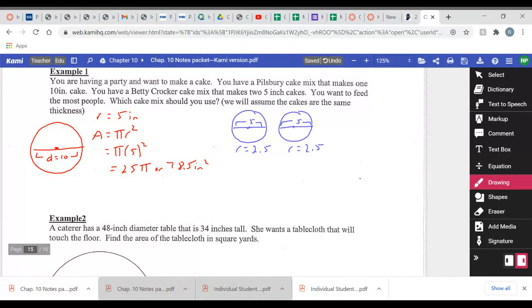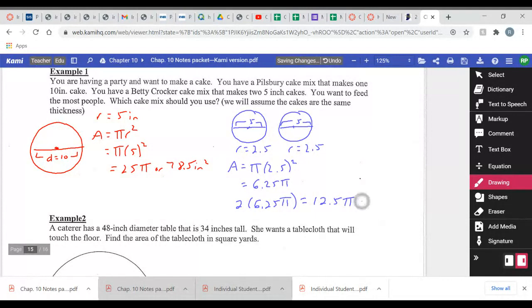Okay, so if I find the area of one of these cakes, I get pi times 2.5 squared, which gives me 6.25 pi. And that's just for one of the cakes. I want to do 2 times that. So 2 times 6.25 pi, and that gives me 12.5 pi,